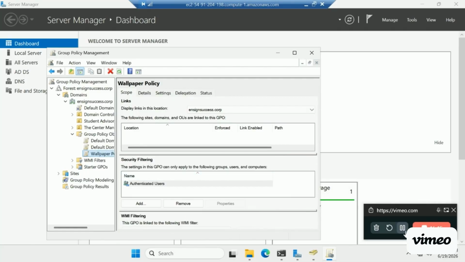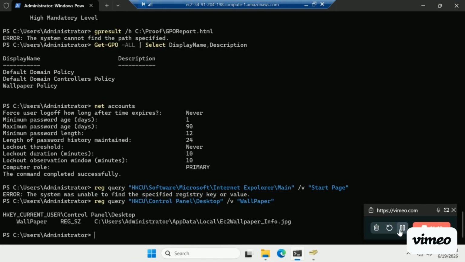So with all these things, we can see that we were able to create our server and carry out the following things on it, program it so that we're able to assign certain policies to certain users, and we were also able to make sure that they all have the following wallpaper. We created this wallpaper policy,